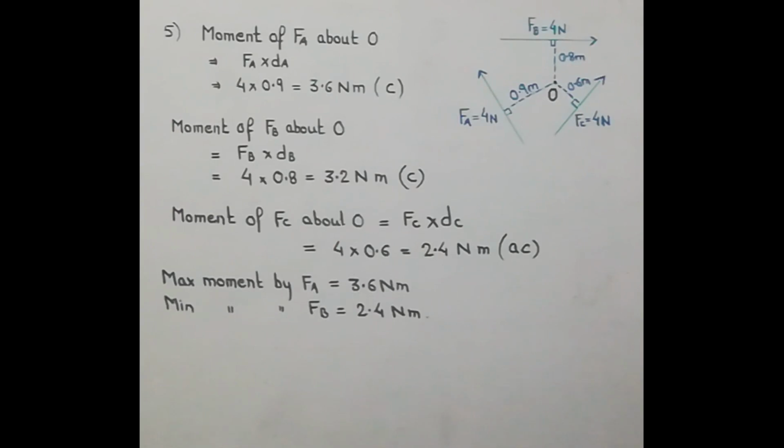Okay. After this, second part says you have to find the resultant. Now if all the moments were in the same direction, that means all were in clockwise, so we could have added them, and the resultant would have been in the clockwise. If all were in anti-clockwise, then again the resultant would have been in the anti-clockwise. But here two are producing clockwise and the other one is producing anti-clockwise. So the same direction one will be added and the opposite direction one will be subtracted. So see here for resultant.